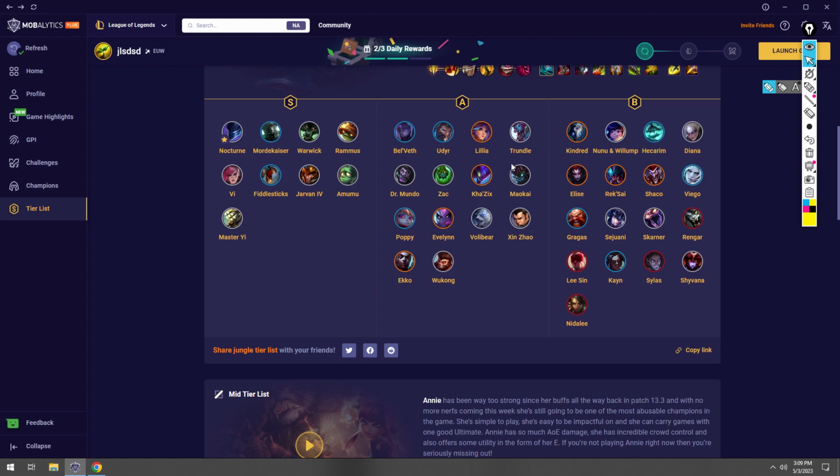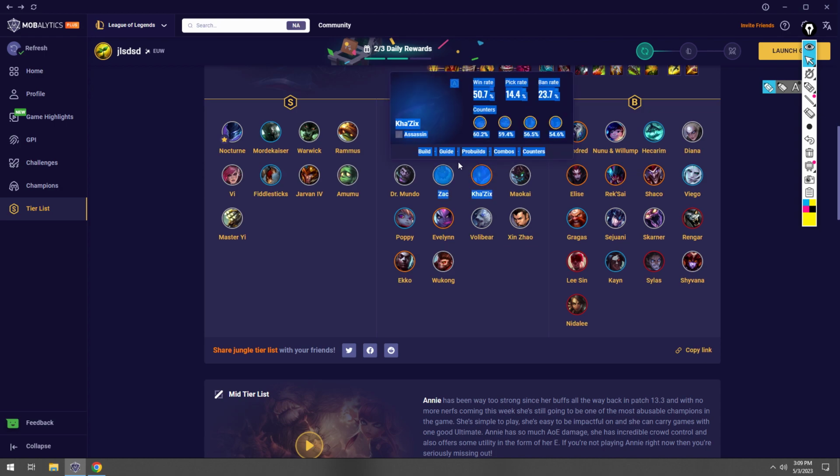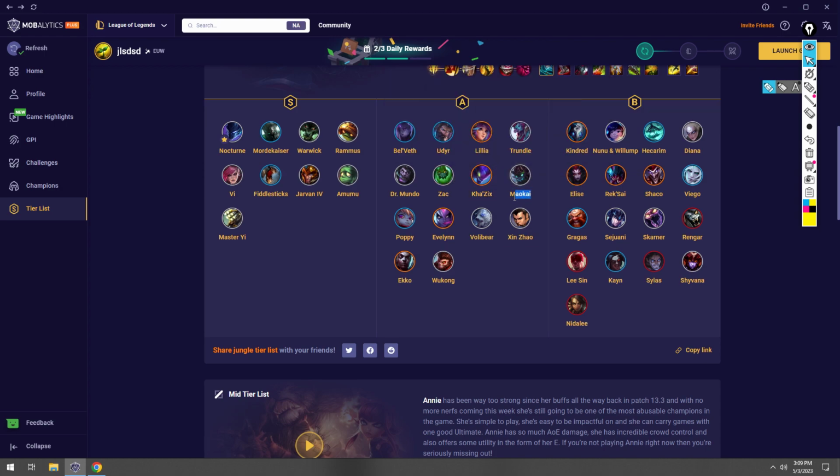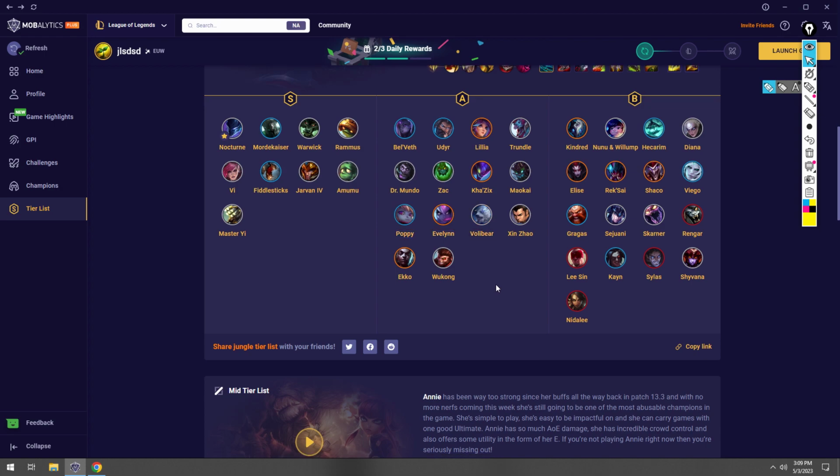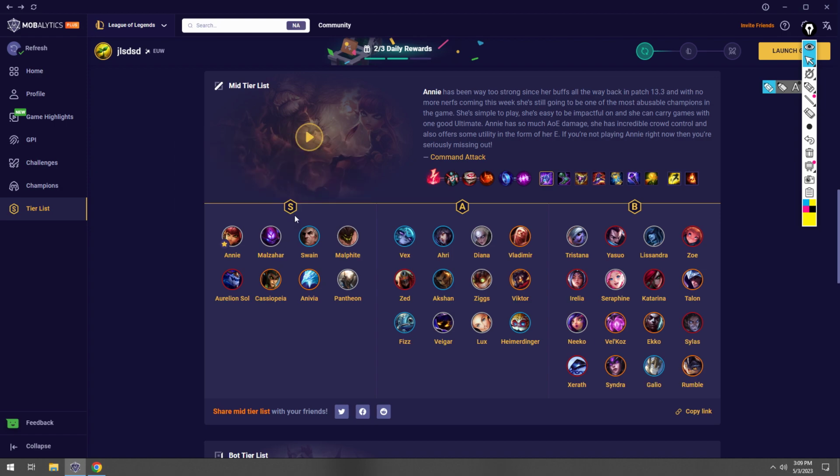It's just dependent on how well the individual plays the champion. Like even Maokai could be S, right? It just really depends how well you can play the champion, to be honest. Mid-tier list, trash, good, trash, good. If you are skilled at it,